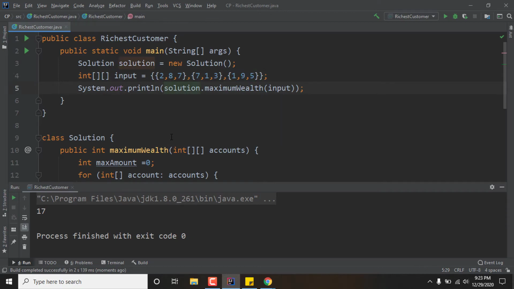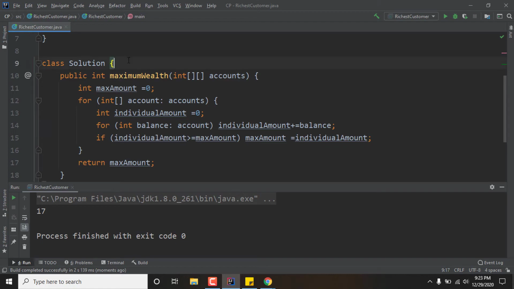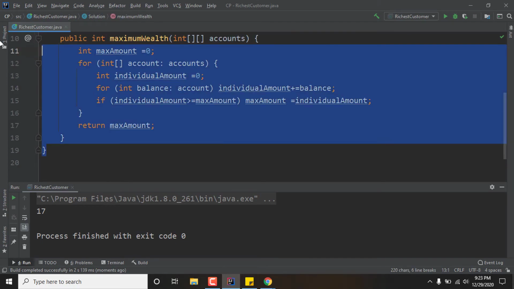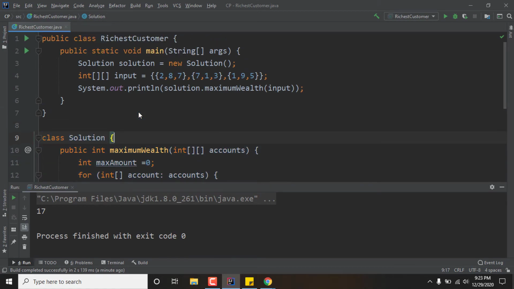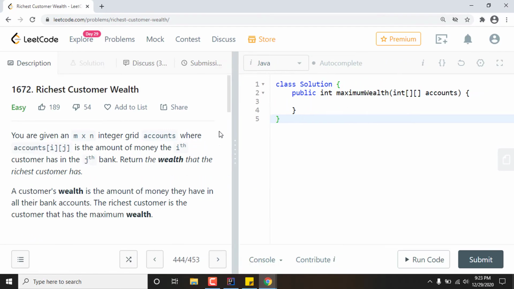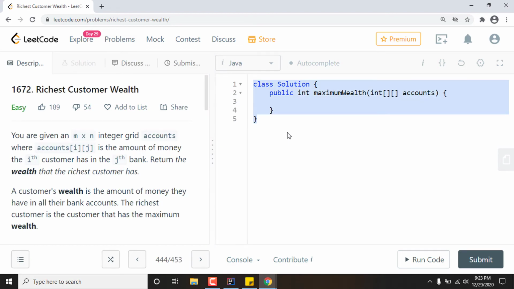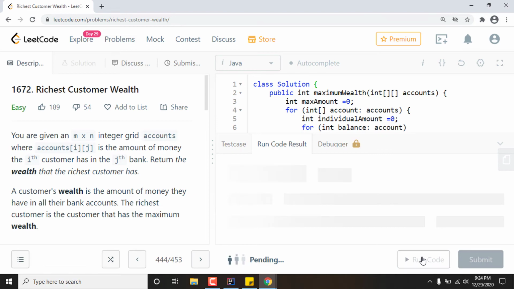So what I have to do is copy this solution class completely, because the first part, the richest customer class, is written by me to run in this IntelliJ. So I'm copying this and pasting it here and running my code.